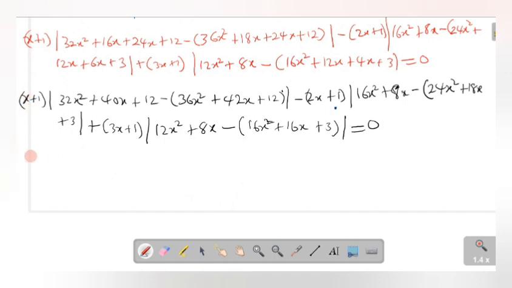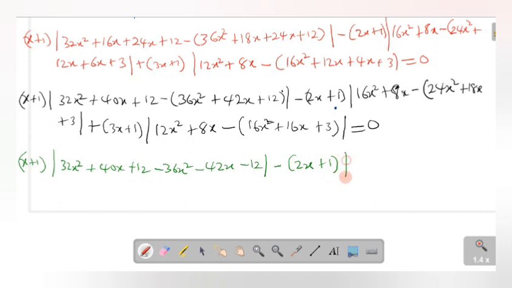Next, write this again, x plus 1 into, so now let's open the bracket up, so we're going to have 32x squared plus 40x plus 12, so minus, we open all of these brackets, so we have minus 36x squared minus 42x minus 12, close the bracket, then we have minus 2x plus 1 into 16x squared plus 8x, then this minus will go in through all of this, so we have